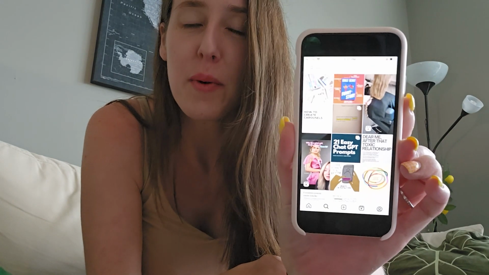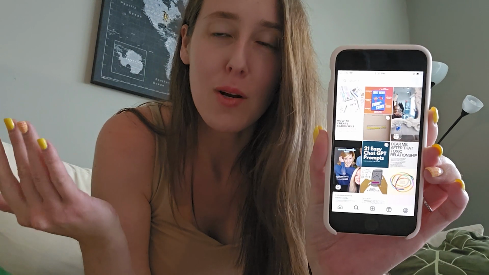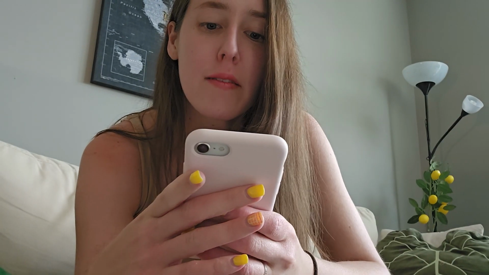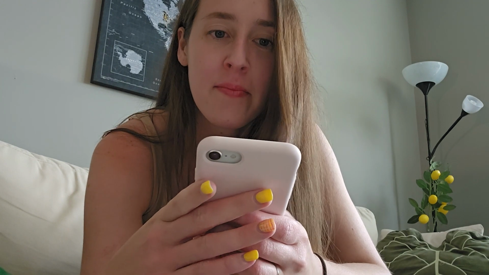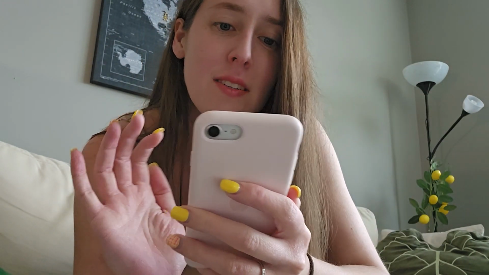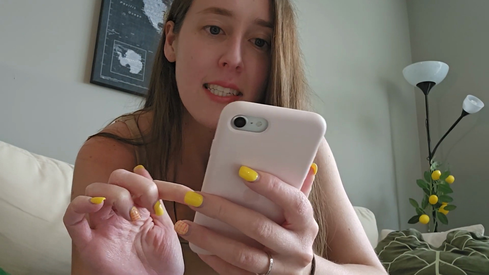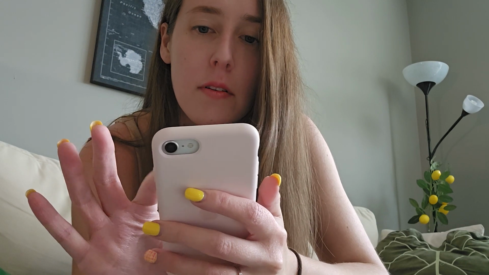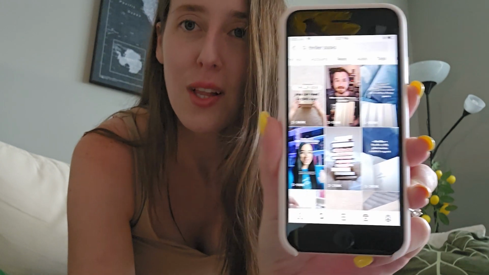So I am just going to go onto Instagram and do a little bit of post research. I am just on the search bar right now, and I'm going to type in a random genre as an example for you. So let's go with thriller books today. I am going to type in thriller books, and it's going to pull up some content for me. So if we're just taking a look at the top, and I'm curious about reels, so I just tabbed over to reels, and I'm going to look through the most popular content.